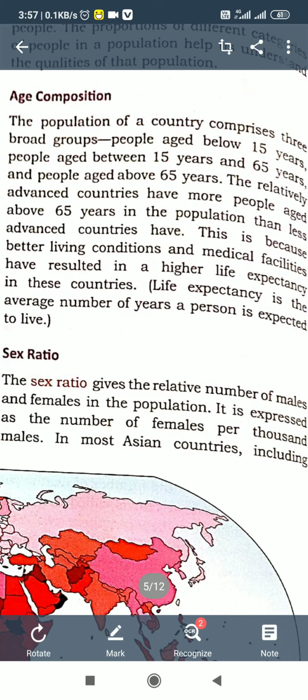In India, students, there are some states where the population has more girls, and some states where the population of girls is less and boys are more. For example, in Haryana, the female population per thousand is less. We find the same in Maharashtra, even Delhi, and Rajasthan. But we find more females in some states of India like Kerala, with 1024 females per thousand males.